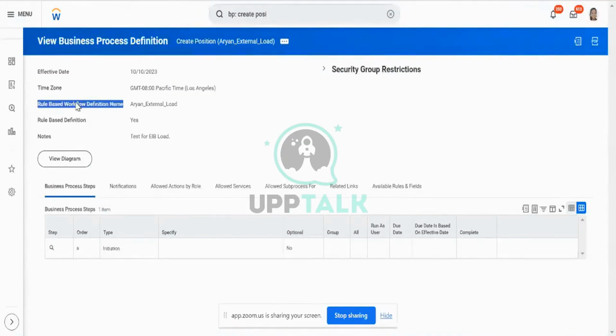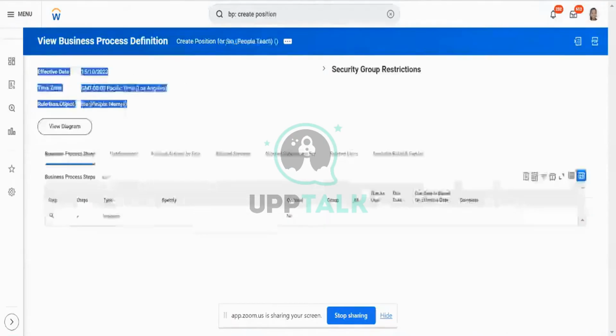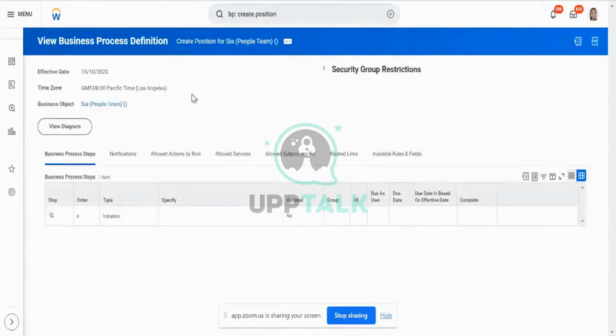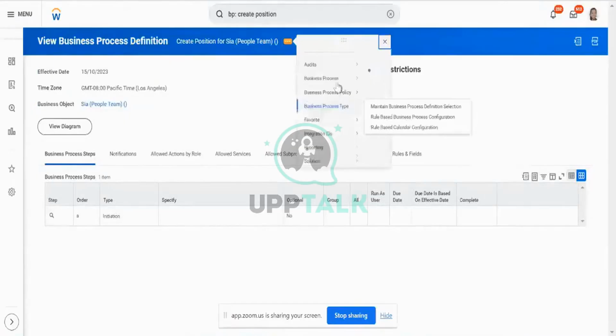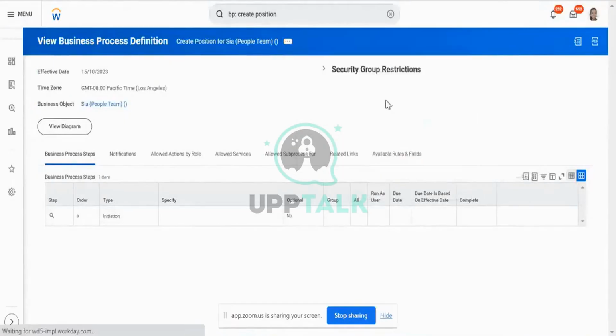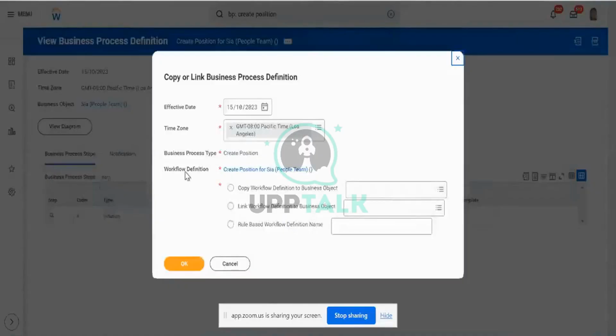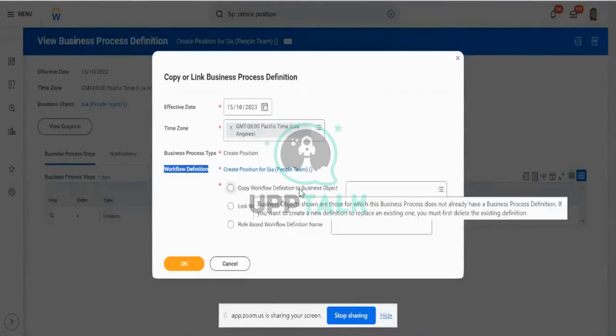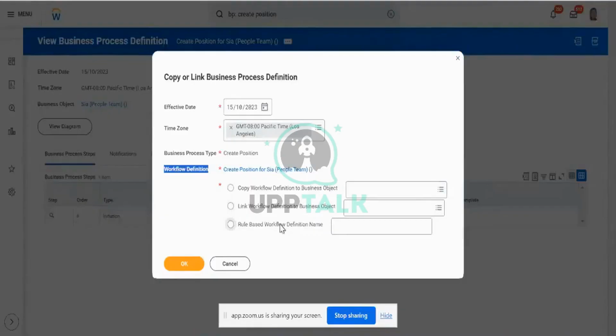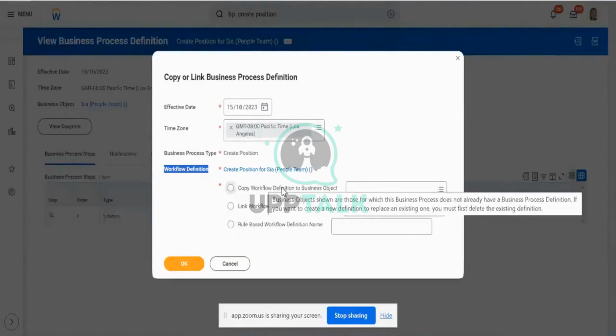There are two types of business processes which can be created for a business object. If I go and copy or link this definition, I will get two options over here. One is the workflow, and the other is copy definition to a business object, which means you are going to copy it to a supervisory organization or leave the link. What I will do is create a rule-based workflow definition name, which means this workflow definition to business object is automatically going to be triggered